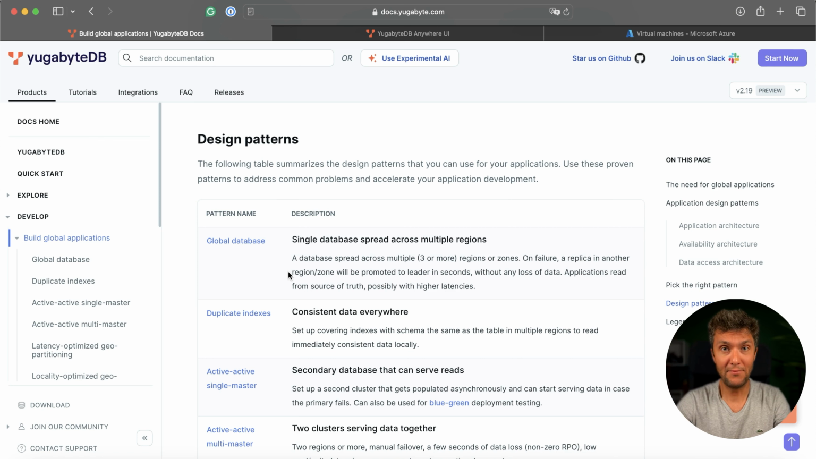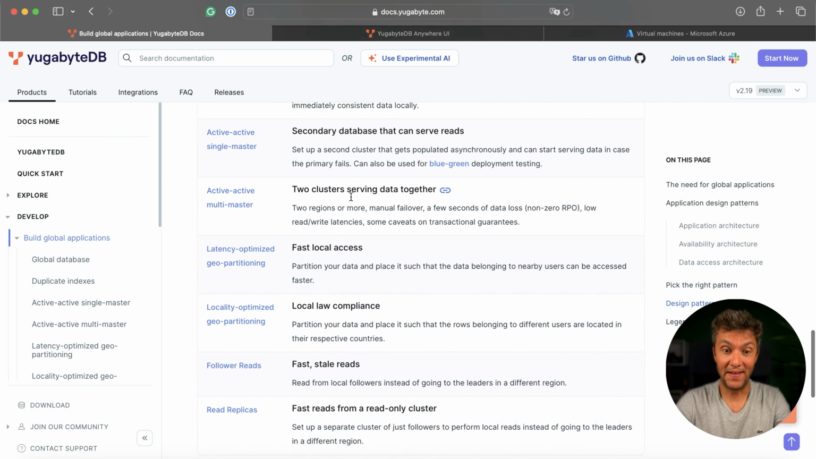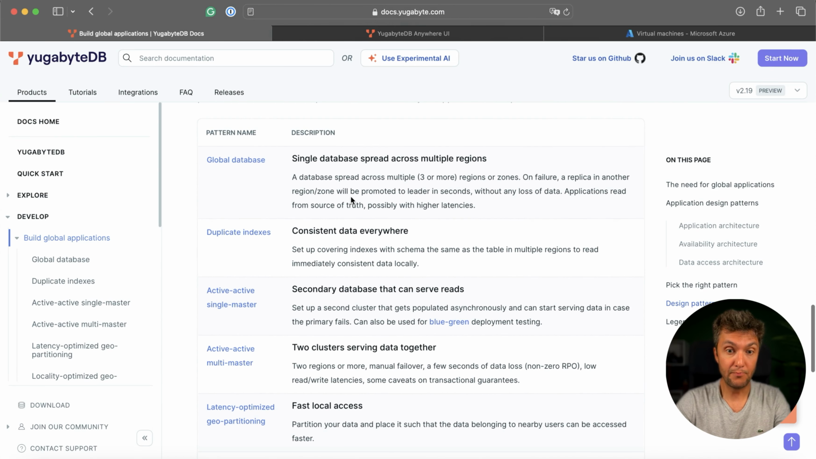However, before we do the deep dive, my friend, I want to remind you that the pattern that we are going to explore is not the only one that is supported by YugabyteDB for your disaster recovery needs. In fact, if you go to the design patterns of the global applications with YugabyteDB, you will find an exhaustive list of several patterns that you can pick from for your multi-region deployments. And you pick those patterns based on your recovery point objective, recovery time objective, your latency requirements, and your data